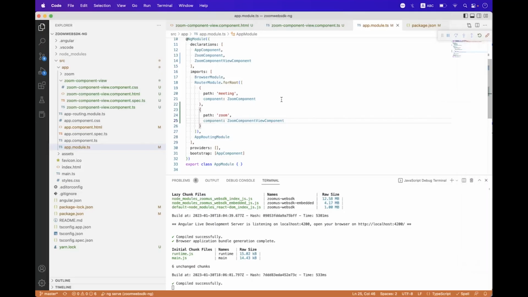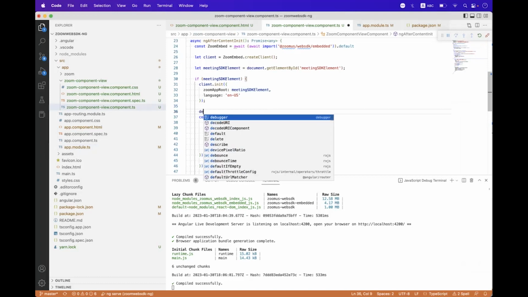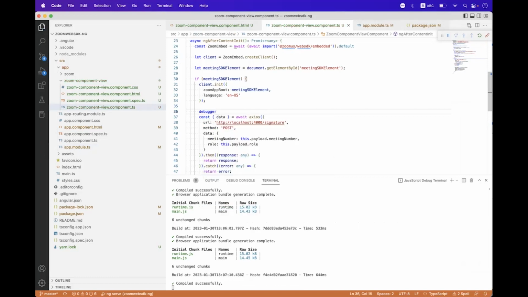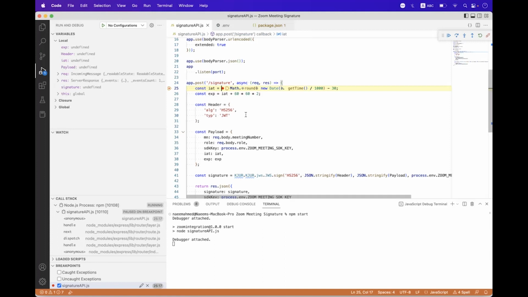Before requesting that component, we need to place a debugger here so we can verify that everything is going along correctly. So we need to now request, hit enter, and you can see we are on our signature helper endpoint, and we need to step over, and you just have a meeting number. You can see you have a meeting number and also role 0. Just click continue,